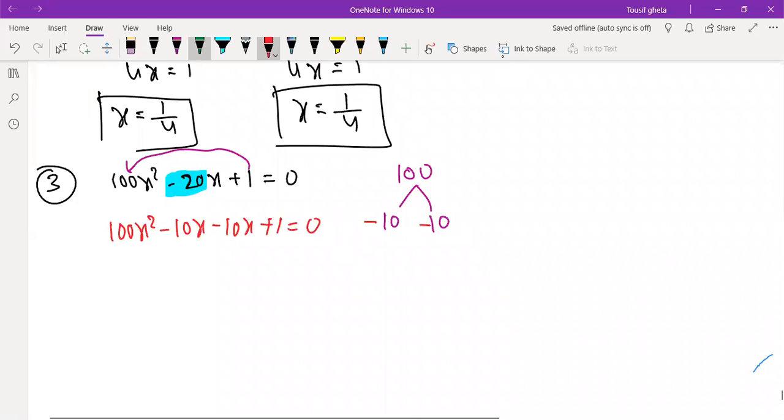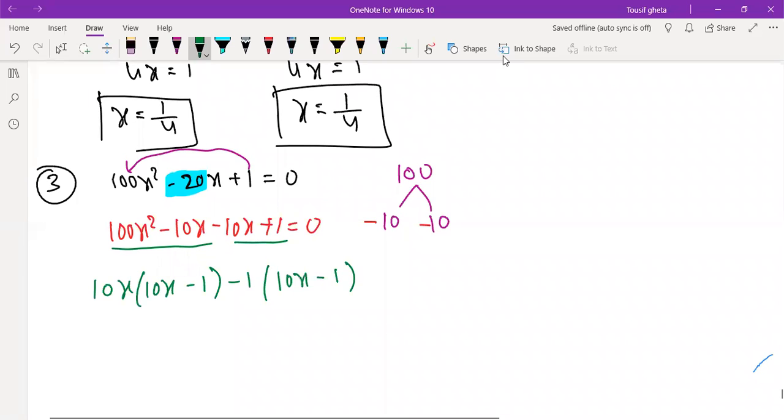Let us take common. In these 2, common is obviously x. Even in the 10 table, 10 tens are 100, 10 ones are 10. So I will take 10x common and 10x minus 1. In this, no common, so 1 will be the common, that too minus 1, and here minus 1. You know the sign will change when we take minus common. Correct, Vignesh? So equals 0.